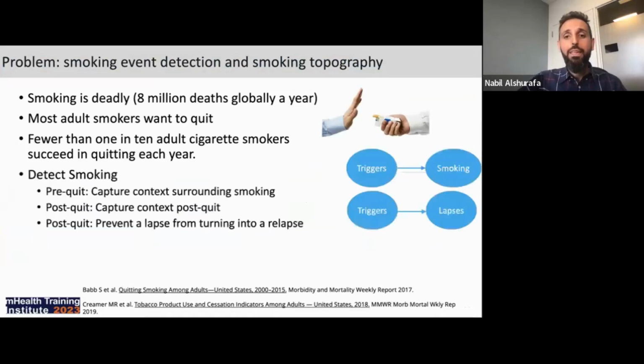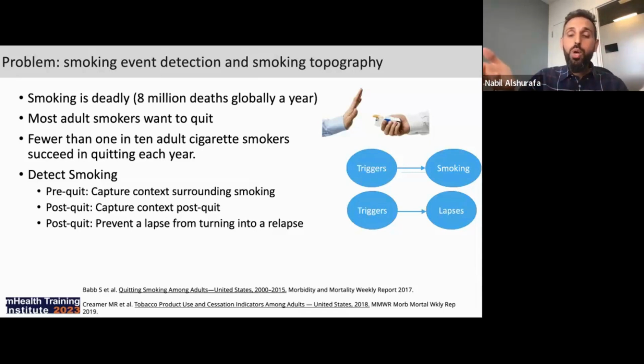We want to detect smoking and antecedents like stress, but it's not just the antecedent that matters. It's also the smoking event and our ability to detect it, because detecting smoking can help us trigger users to self-report contextual factors, or help us understand what triggers smoking during the pre-quit phase.